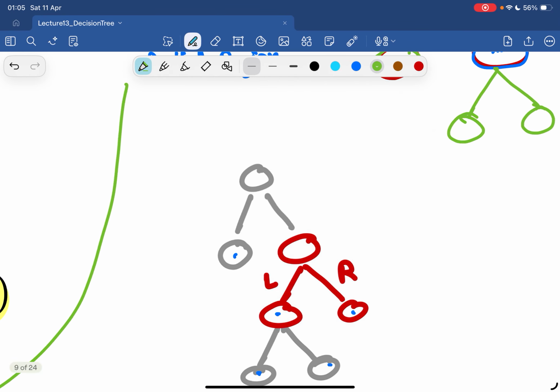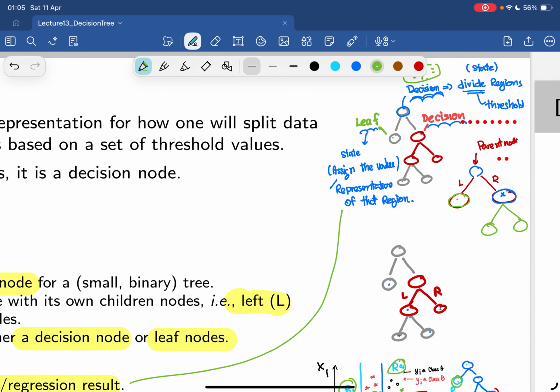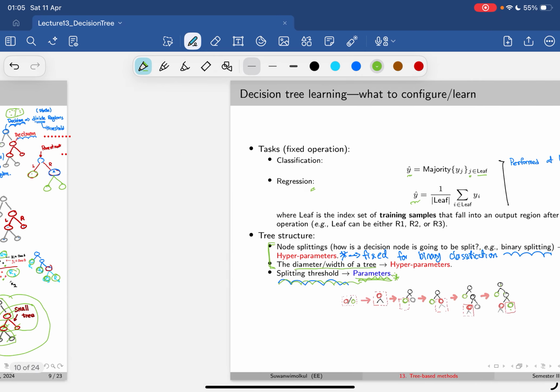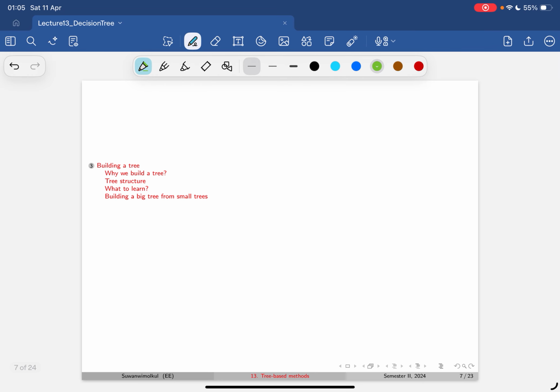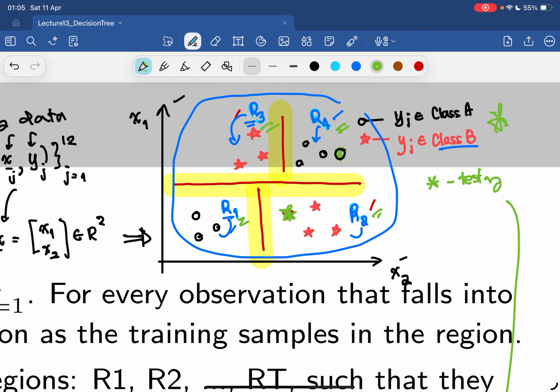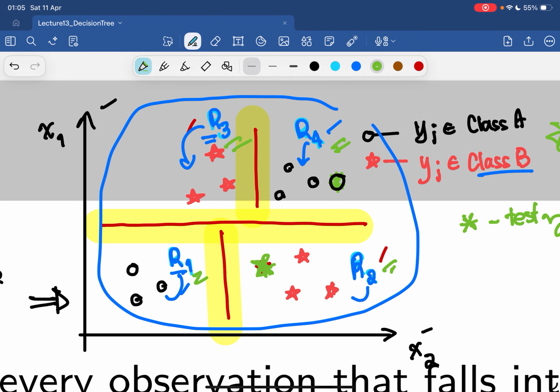You want to make sure that the regions you divide would work not only in your training but also in your testing. So very likely, the way you make the decision, you want to make sure that the region, let's say R3, will have the nodes in class B as much as possible, because you want to group those points in the same class together,